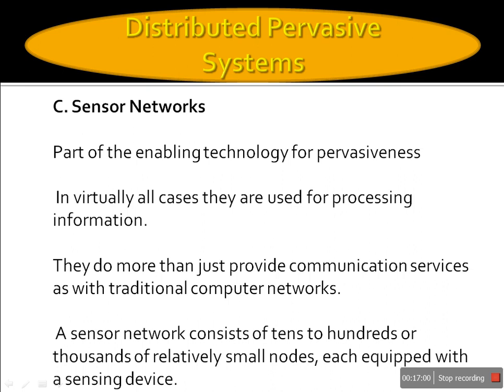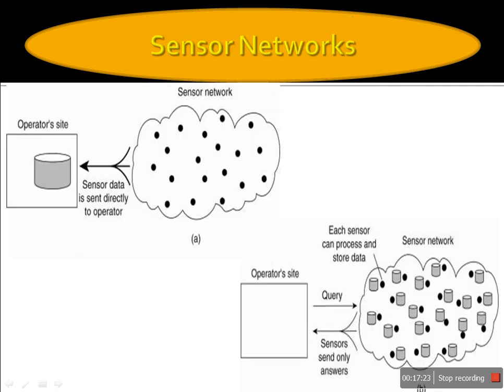What makes sensor networks interesting from a distributed systems perspective is that in virtually all cases they are used for processing information. In this sense, they do more than just provide communication services, which is what traditional computer networks are all about. So, we can see in this diagram,